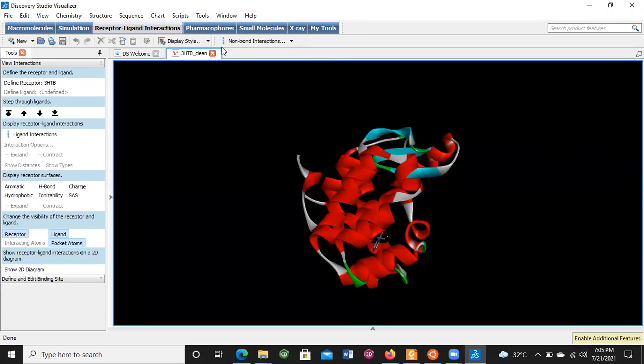This tutorial is mainly based on creating the topology for the ligand as well as the protein, and this topology is used for the MD simulation. Now we have to create the topology of protein as well as ligand in two different environments.